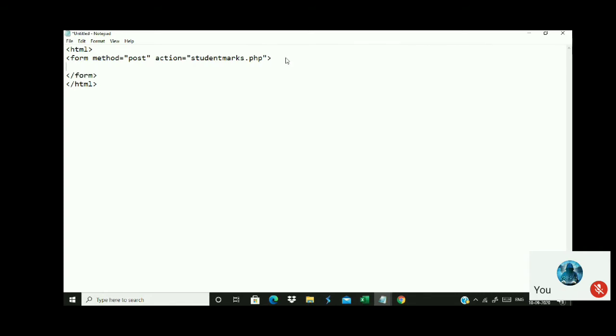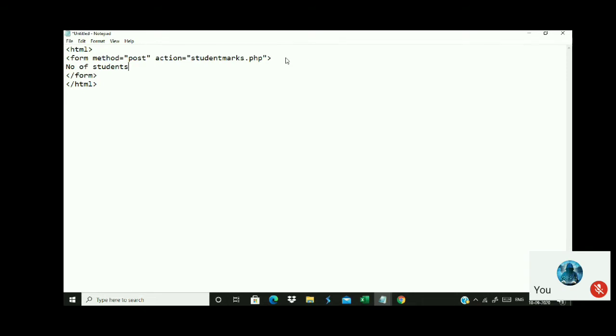So what is the purpose of the text box? For what purpose do I have to generate this text box? Can anyone tell me? To get the number of students, sir. Exactly, to get the number of students. So I use number of students. This is just a label. This does not have anything to do with the text box. This is just for user clarification.